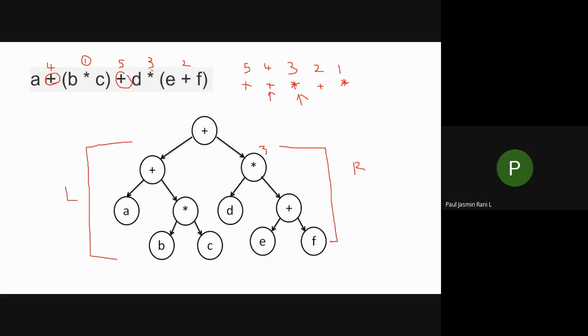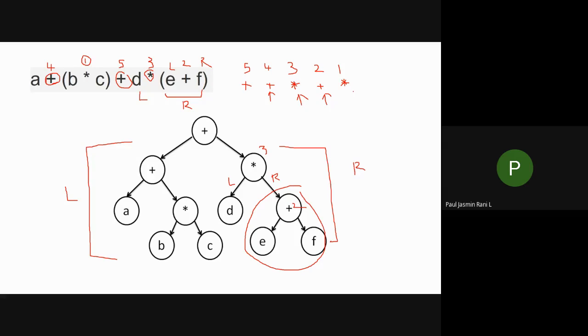The expression will be separated in this way. In the middle you take the star. This happens to be the right child of this star, and this D happens to be the left child of your star. For this left child I mark this D, and for the right side the whole thing is marked as the right child of this star. Okay, can you follow this one? After doing this, I go for this plus, which is in your 2nd preference. E star F. This is in the 2nd preference. This is given in your right child and this is given in your left child. So I have constructed your tree like this.